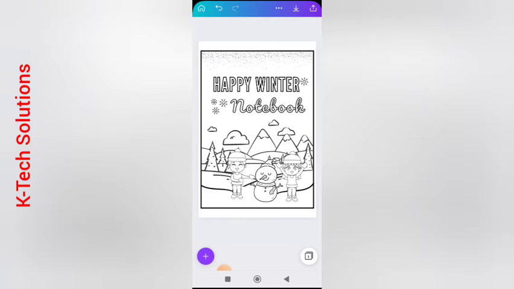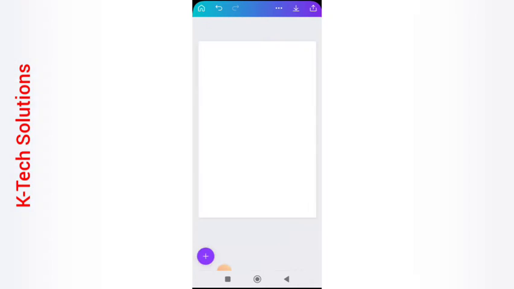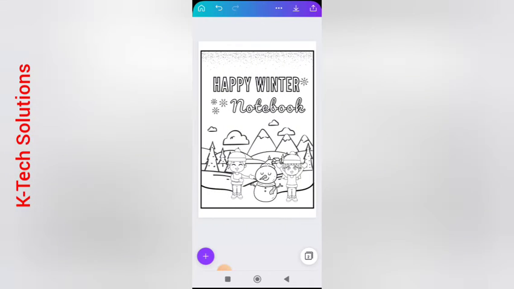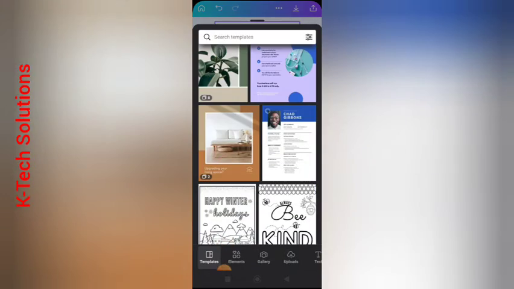Okay, and remember I have to create the back cover. For me to create the back cover, all I need to do is to add a page, an empty page. So this is the second page, which is going to be my back cover. I can customize it if I want, and I can leave it if I don't want to write anything. It can just be blank since it is a notebook. If I want to write anything, I can write, or if I want to add anything, maybe I want to add